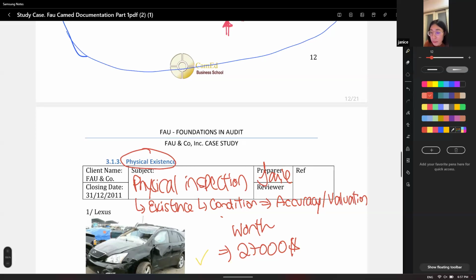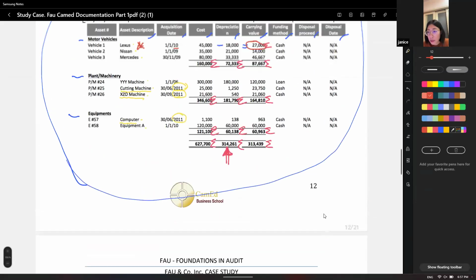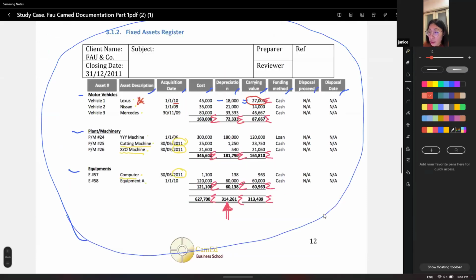Okay. So a physical inspection is actually a very useful audit procedure. It helps us to verify existence. It also helps us to verify the accuracy on some items. Not all, but on some items. It helps us to know that it's not worth the amount. So we now know the 27,000 here,